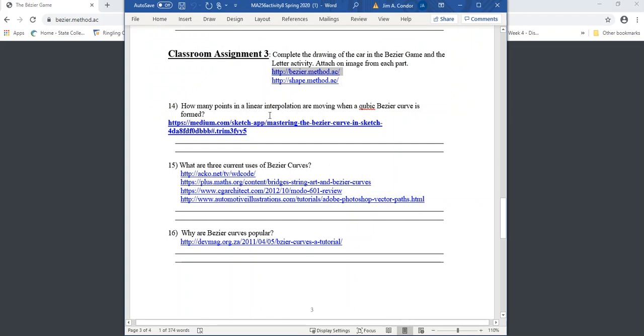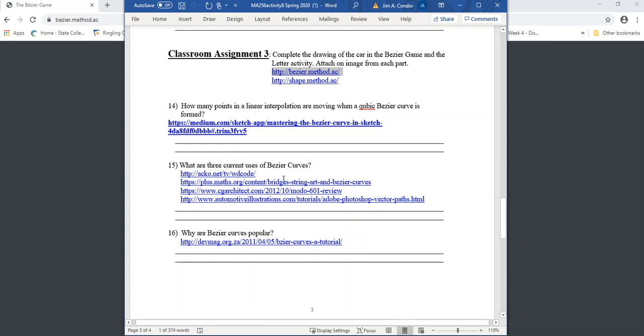How many points in linear interpolation move when a cubic Bezier curve is formed? And again, what you need to do is just watch this, and it's short, it's interesting, and then you get to see how they're formed. It's really neat. Again, number 15, three current uses. Basically, you're just going to go through this and look at these. Each one's a use. This first one is a video. It's a long video, so there's only one part on Bezier curves. You may want to hold off on that, but